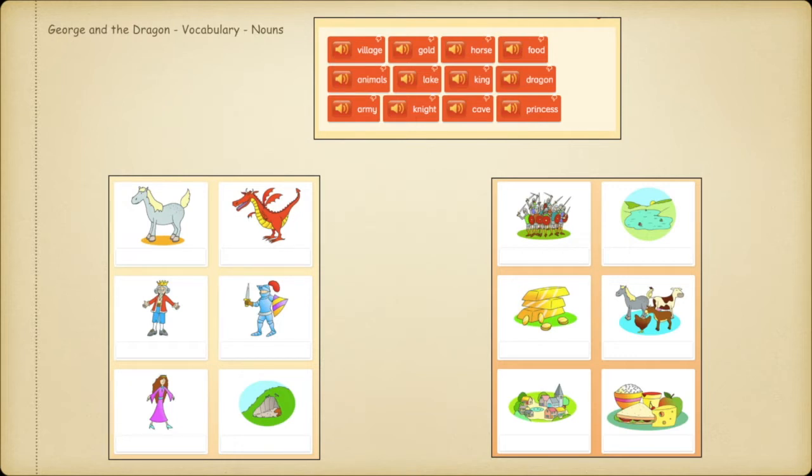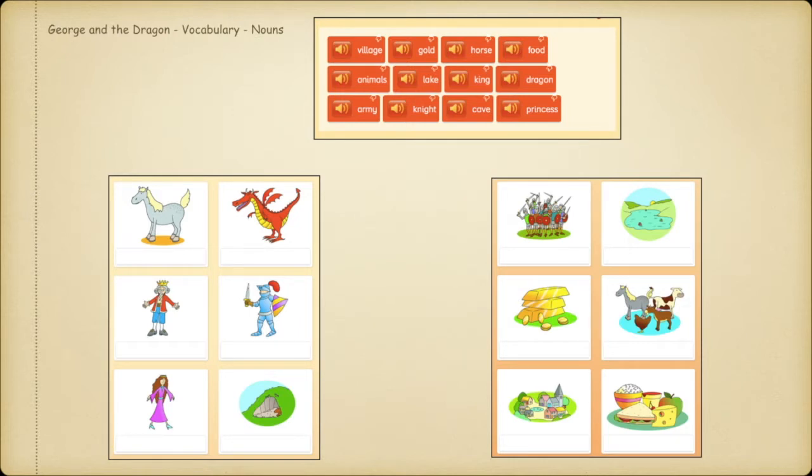So I'm going to read the first word, village. Can you see a village below? Can you match the word village with the image? Number 2, gold. Remember, gold is a shiny metal, a very precious metal. Number 3, horse. Horse is a common noun for an animal. Number 4, food. Can you match the word food with an image below? Number 5, animals. Can you find the image